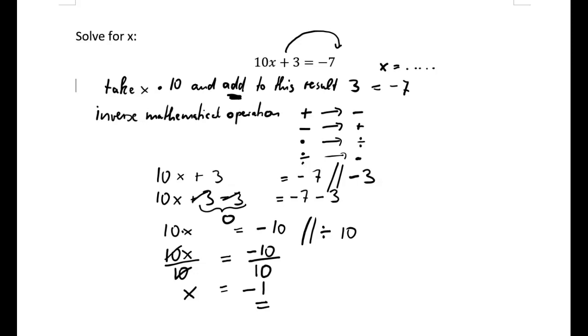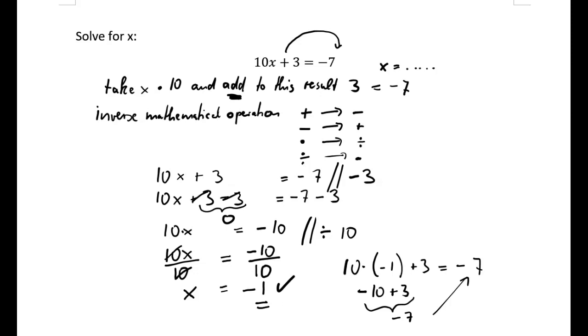We can do a quick check. We can put the -1 into our original equation. We have 10 times -1 plus 3 equals -7. So 10 times -1 gives us -10 plus 3. That gives us -7. And that is what we should get. And therefore, we can be confident that this result is correct. So this is how we can actually work with these slightly more complex terms in order to find x. I hope this makes sense, and